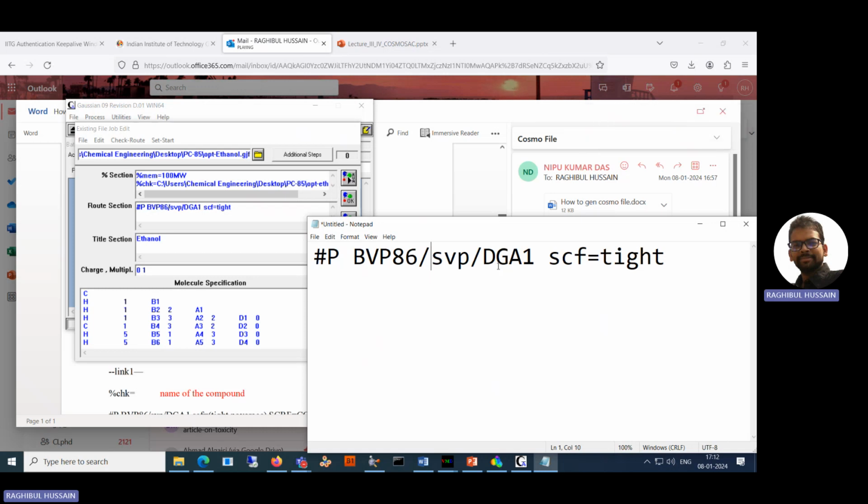There is no space between slash and S. That is on the right hand side. SVP is the basis set, along with that DGA one is the method set, because of long set. DGA one. इसमें कोई केस का like the case like lower case upper case and